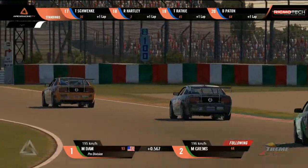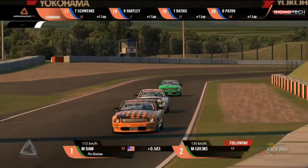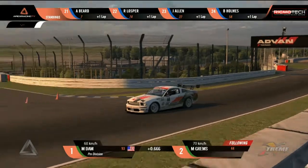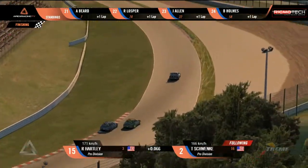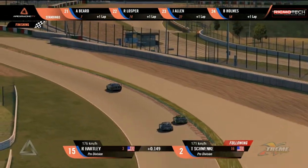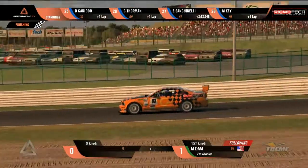Mike Dam, Mikey Grems coming to the final corner. Very close to Frankie and Hartley. This side by side into 130R. I don't know where to look. We've got the wind going on at the front, but we'll see. Oh, and Hartley round the outside